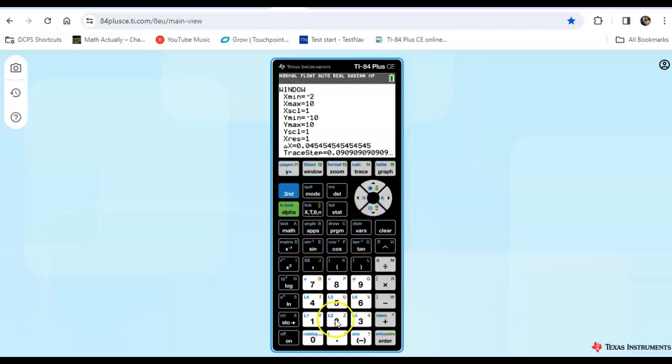10's fine. This is negative 15 in our y min. Let's see how that looks. So now we can see this a little bit better. It's a little bit more zoomed in. So I'm going to go to second calc, and let's find here the minimum, because it's the bottommost point for